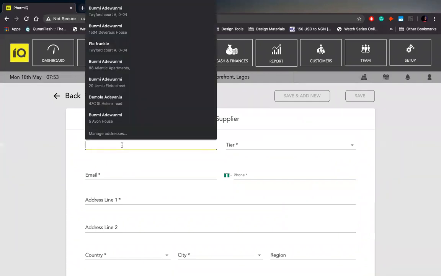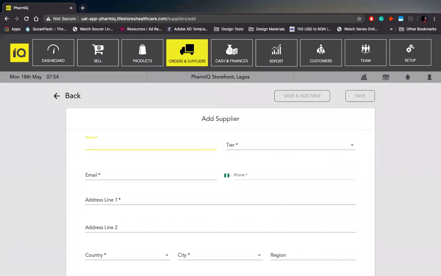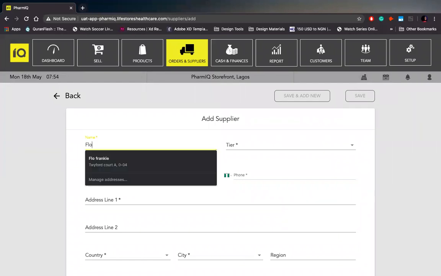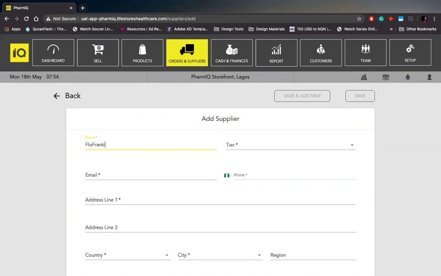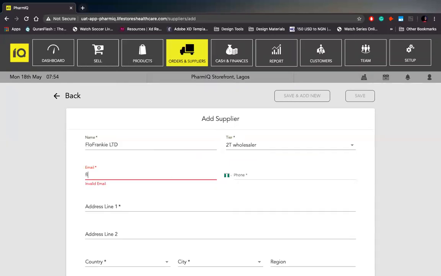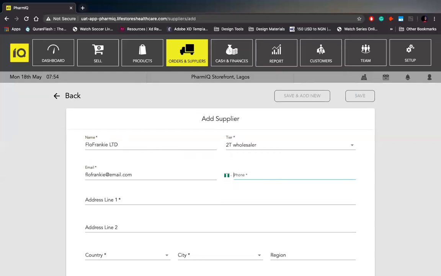With that done, I'm able to put in the supplier name now. Let's assume the supplier name is Flo Frankie Limited. And then for the tier, I am able to specify if they're a manufacturer, importer, or 1T, 2T, or 3T wholesaler. I would say they're second tier wholesaler. Then I put in their email, which is flowfrankie@email.com. I am also able to put in a phone number for them,